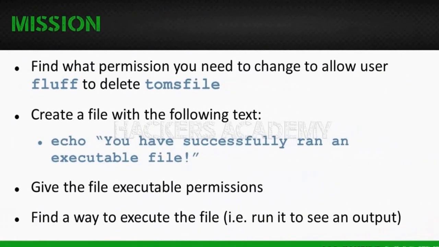Here's your mission for this section. If you've been following along with the exercise, remember how user Fluff failed to delete Tom's file? Find out what permission you need to change to allow Fluff to delete that file. Then I'd like you to create a file with the following text in it: echo "You have successfully ran an executable file!" Using nano, you can create this file and give the file executable permissions and then find a way to execute the file. In other words,